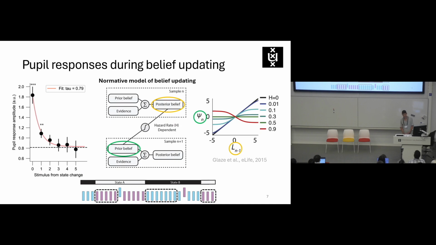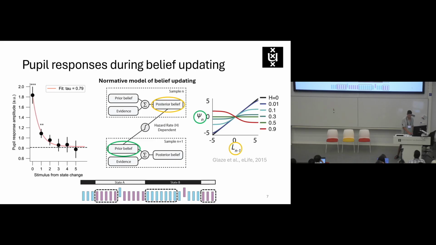It can basically be seen as an estimation of the volatility of the overall evidence, meaning a hazard rate of 0 assumes a very stable world without any changes, so it is perfect to directly transfer the previous posterior to the prior, and therefore fully rely on it, basically doing perfect integration. While in more volatile environments, like the ones we are creating here with our experimental sequence, it has been thought to be more effective to do this transformation in a non-linear process and therefore not fully rely on your posterior belief, which basically makes you more sensitive to detect certain state changes.